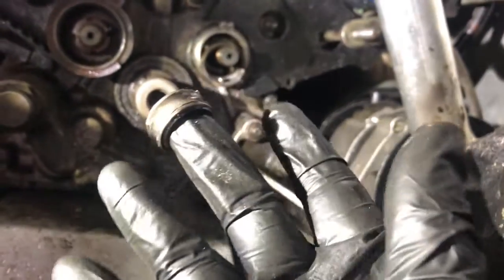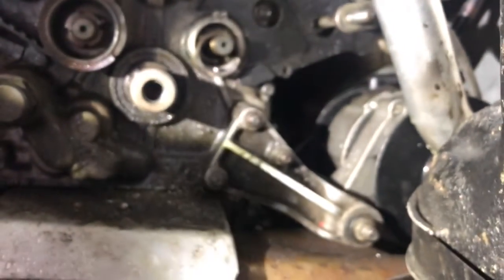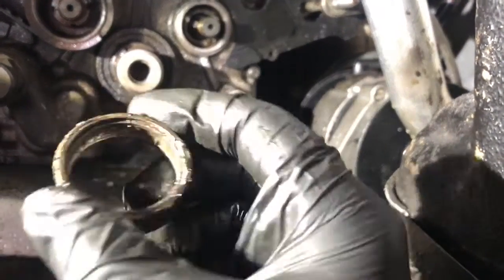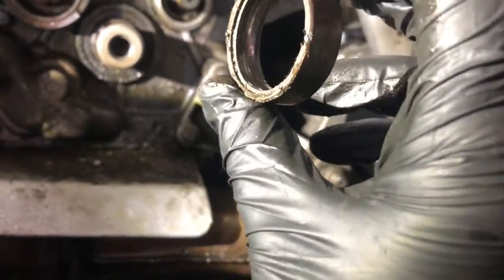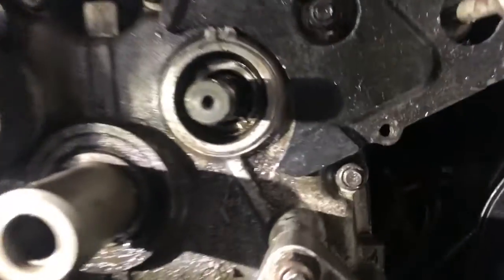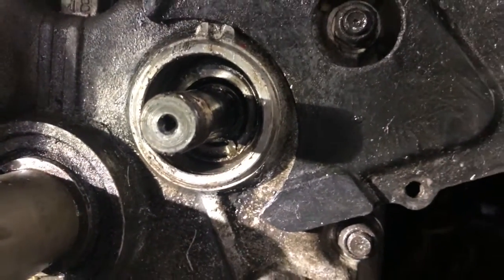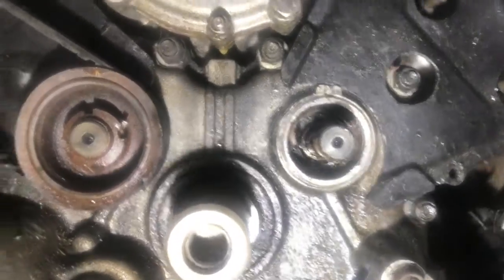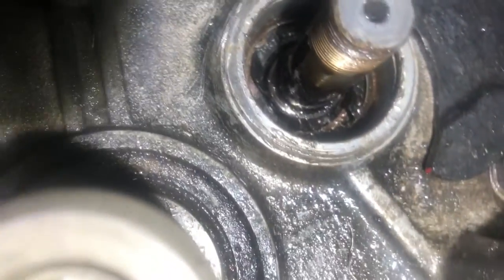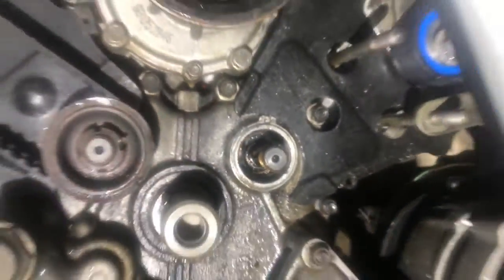So our inner part of the bearing, pretty knackered. So outer bit, that's shot to pieces. Now, question is, look in there, more stuff. So I'm going to investigate that with some light. So the next bit in, I don't know if you can see, that is also shot to pieces. The bottom bit's all missing completely. That is